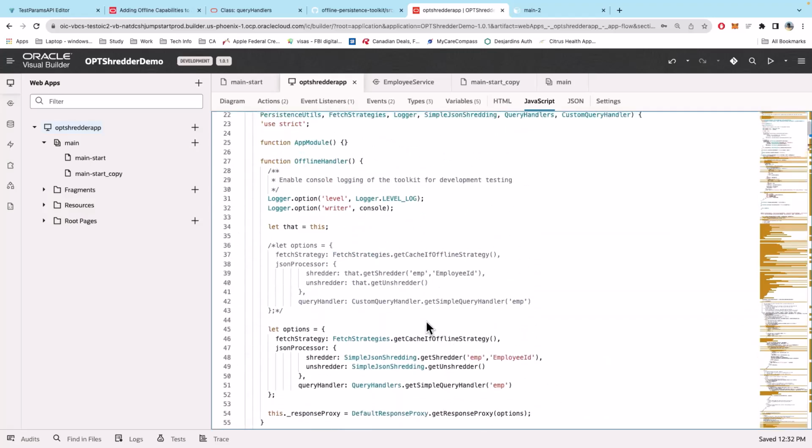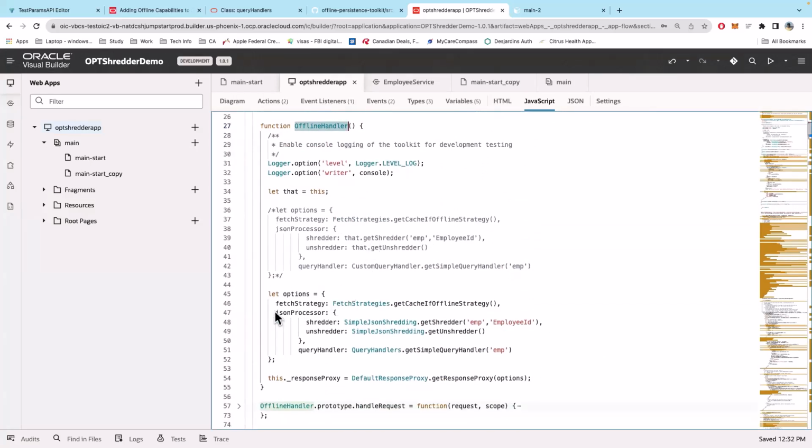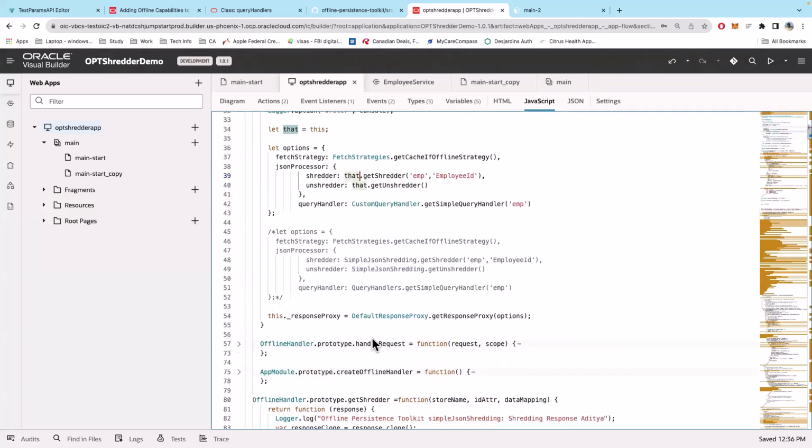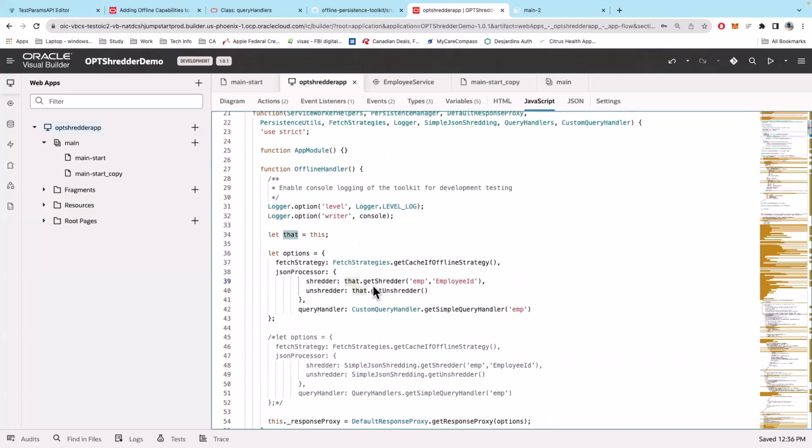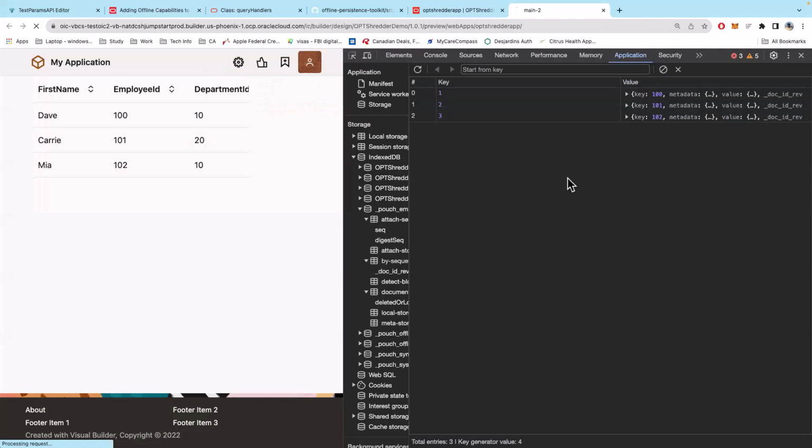And then I go back to my offline handler function, where I had specified the shredders. And instead of using the simple shredder dot whatever class method name, I'm using my own. So I'm just saying don't use the simple JSON shredding, but use this function below that I have overwritten to do it. And now if it's saved, yep, and now if I hit play,